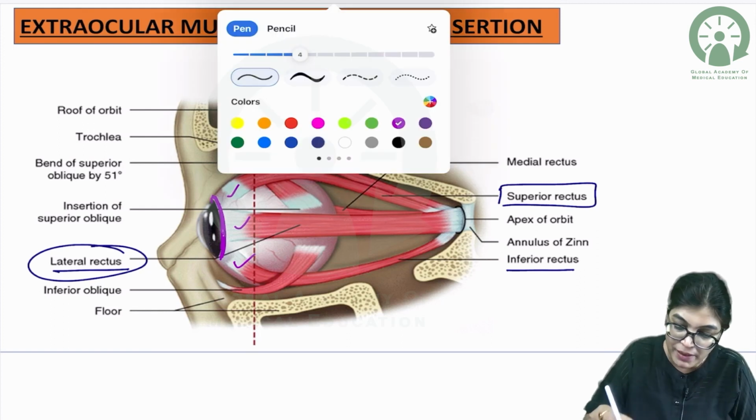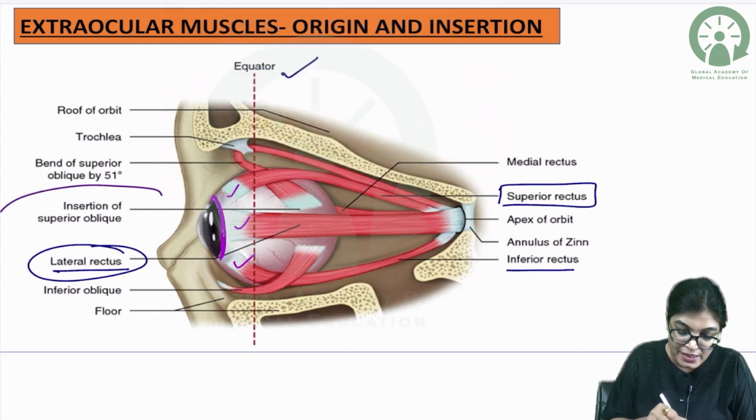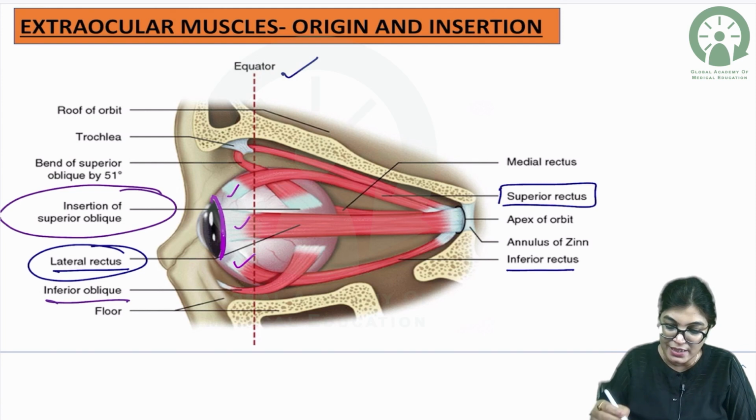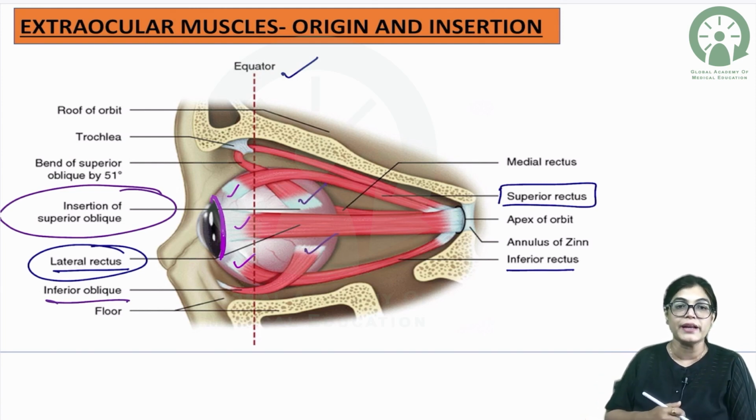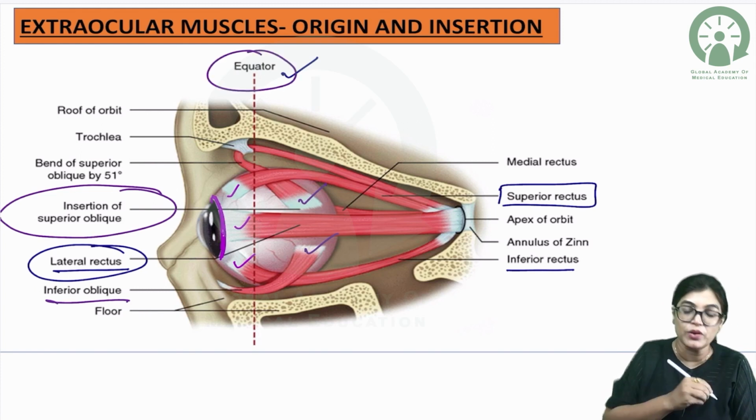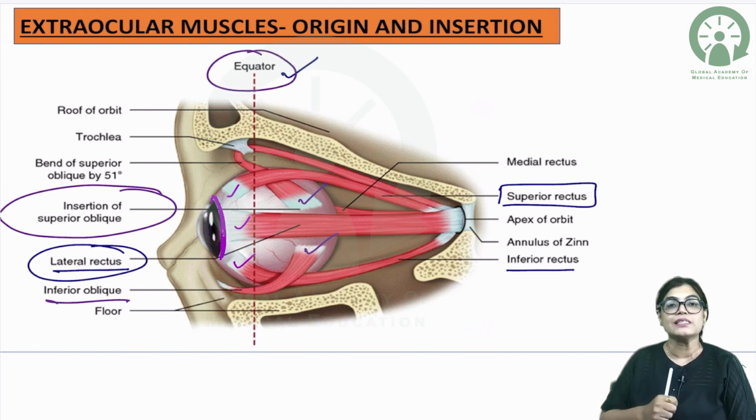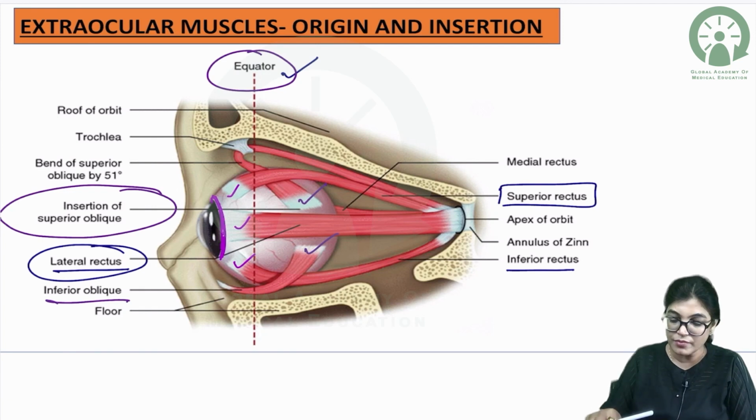If you look at the oblique muscles, that is superior oblique and inferior oblique, you can see they are inserting close to the posterior superior quadrant, posterior to the equator of the eyeball. So please write down